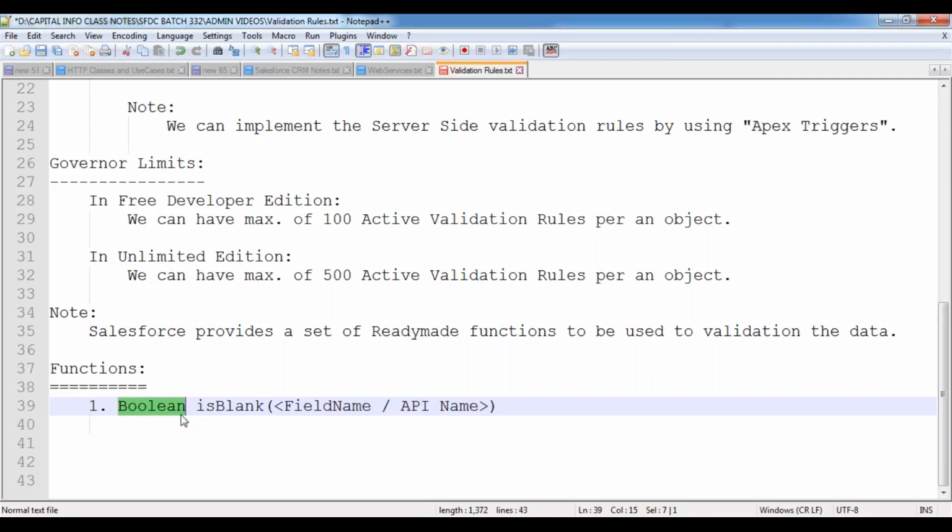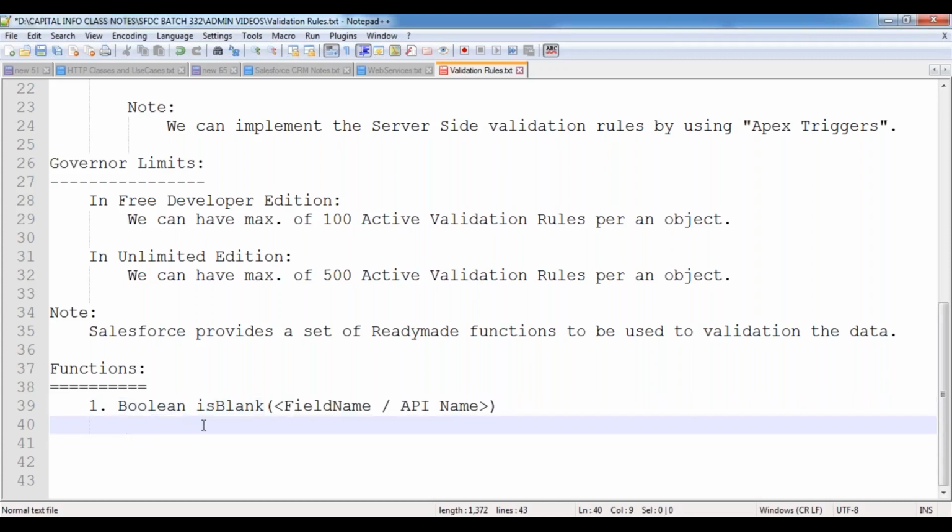True or false values are called Boolean values over here. So this is blank function is used to verify whether the specified field value is blank or not, that means empty or not. If it is empty, it returns true, or else it will return false. So in order to verify whether a specific field value is empty or not, we are using this is blank function.